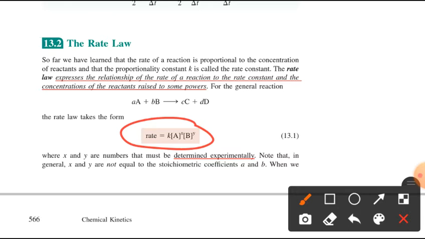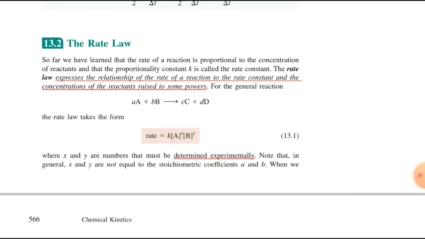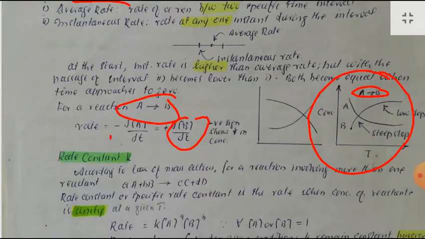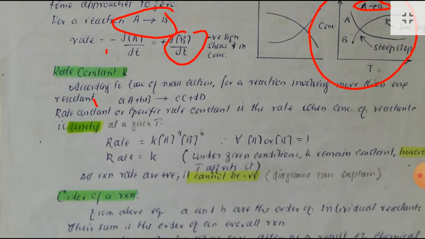So the rate constant is derived or obtained from a rate law. Basically, a rate law tells us about the rate of a chemical reaction which is dependent upon the concentration of reactants. So here we have a rate constant